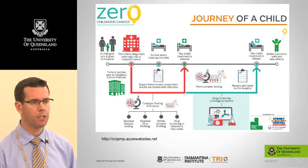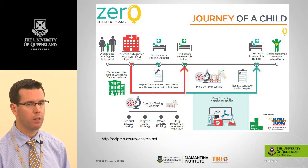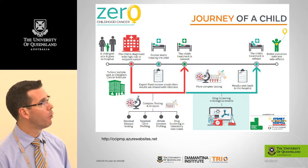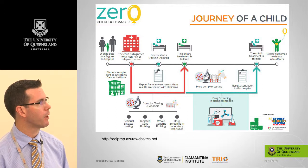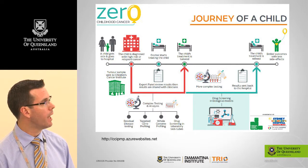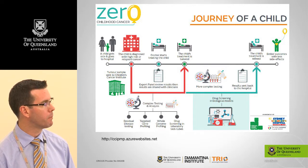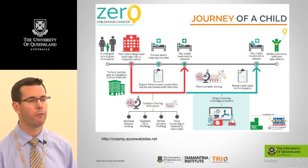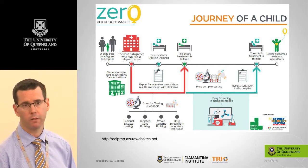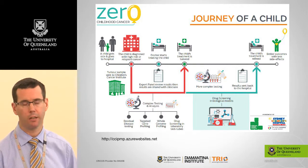So in terms of the clinical application, I thought I would also highlight where this is going nationally in paediatrics. I'm a paediatric oncologist. Colleagues of mine in Sydney Children's Hospital and the Children's Cancer Institute at University of New South Wales have launched just 2 weeks ago their Zero Childhood Cancer program. It's a very ambitious program, but it serves to highlight what is actually going on. The plans here are that children with high risk or relapse refractory cancer will be put through the ringer in terms of genome profiling, drug sequencing, in vivo modelling as well of their disease, all the while conventional therapy or salvage therapy is started, with the expectation that they will have a targetable lesion identified in their tumour that